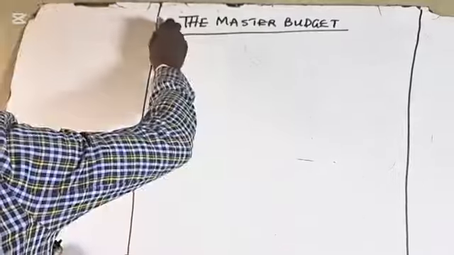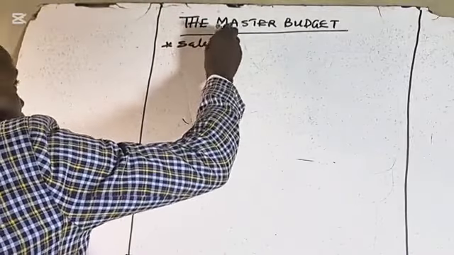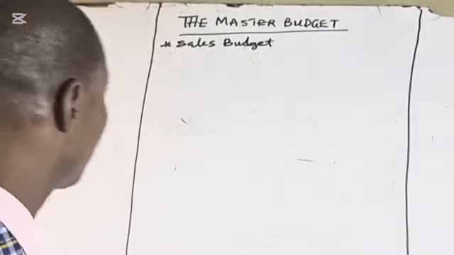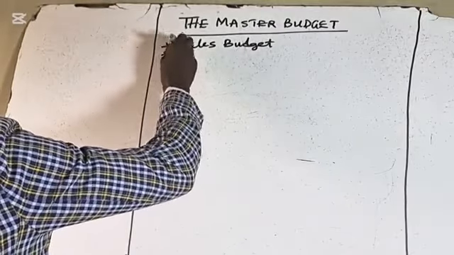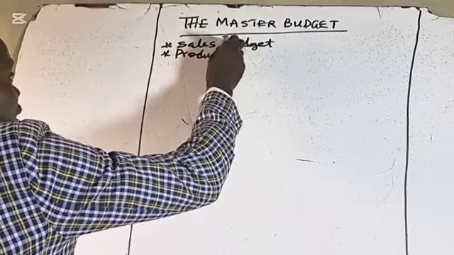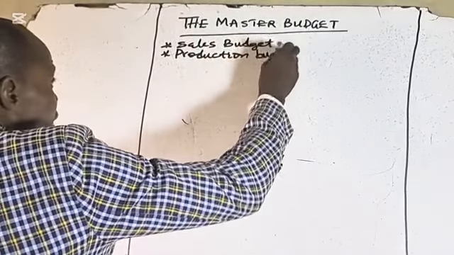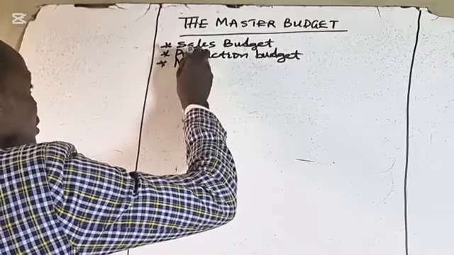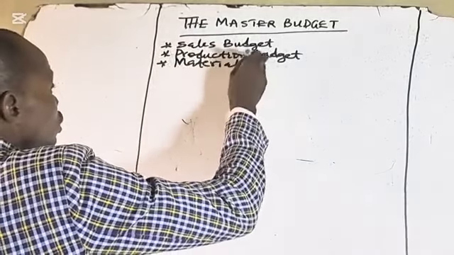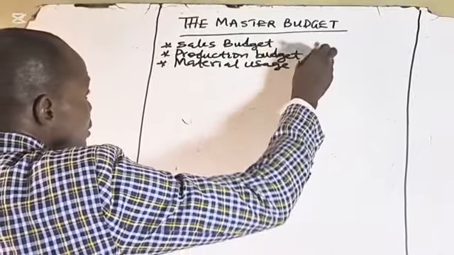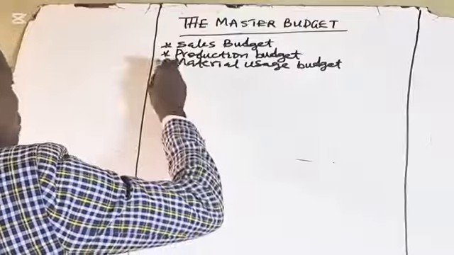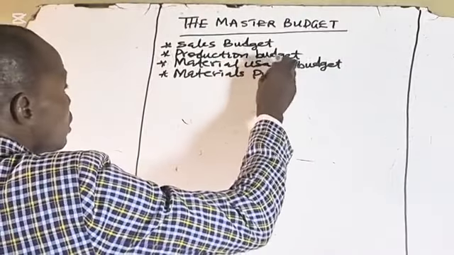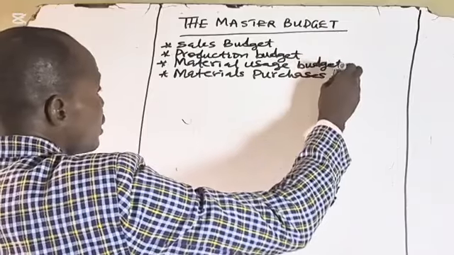sales budget, and these have been examined in my video on functional budgets. Two, we have production budget, and these have equally been examined. Then material usage budget, material purchase budget,